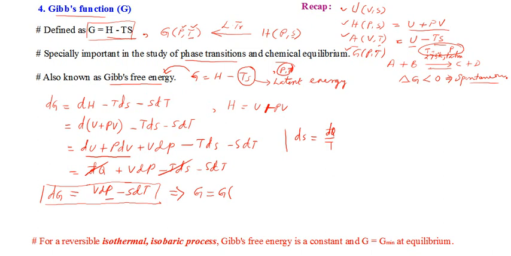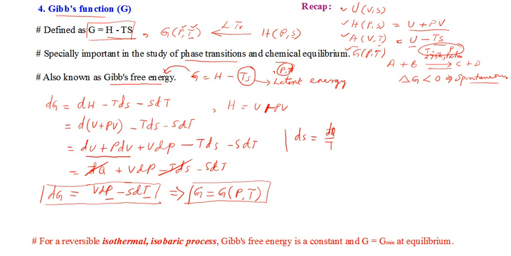So P is one of the natural variables, so I am writing P. And what is the other variable here? It is dT. So T is the next natural variable. So I can say G is a function of P and T, and hence this P and T are known as the natural variables of Gibbs free energy, right? It means that Gibbs free energy will be a convenient thermodynamic potential in situations involving pressure and temperature conditions.